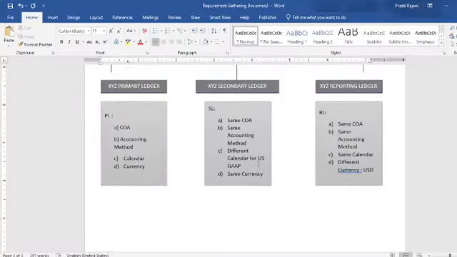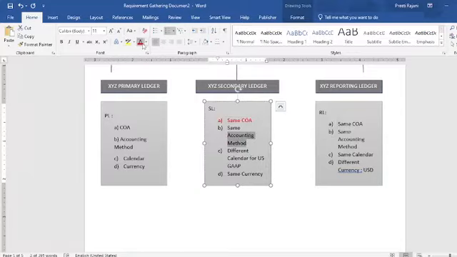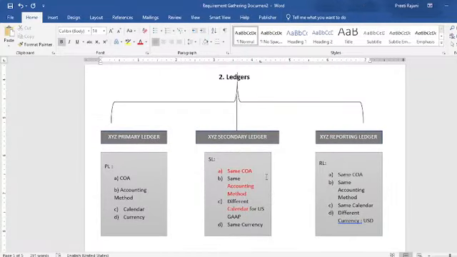If you want to report in a different currency, then we can create the reporting ledger. But if there is any change other than currency, that is, if there is any change in the chart of accounts, the accounting method, or the calendar compared to the primary ledger of India, then you have to create the secondary ledger, and on the basis of that secondary ledger you can create your reporting.